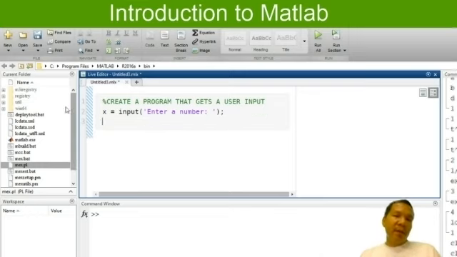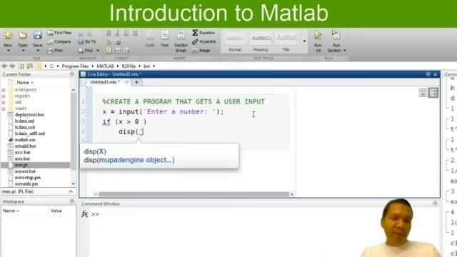Okay. Enter a number. That's how you write your input, guys. The command here, input, means you are going to read inputs from the keyboard. Okay, the input will be stored in the variable x. So if you enter a number and we store it to variable x, and then what if we compare x? Now, if x is greater than 0,